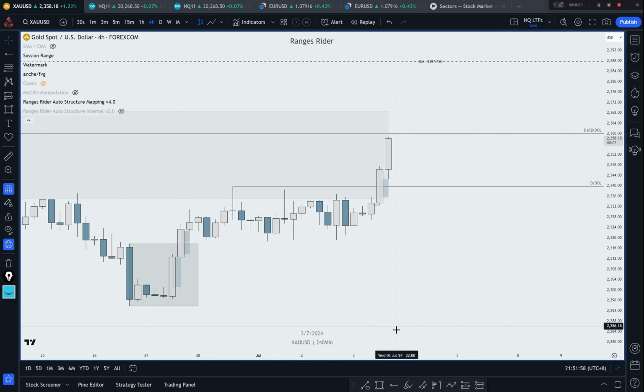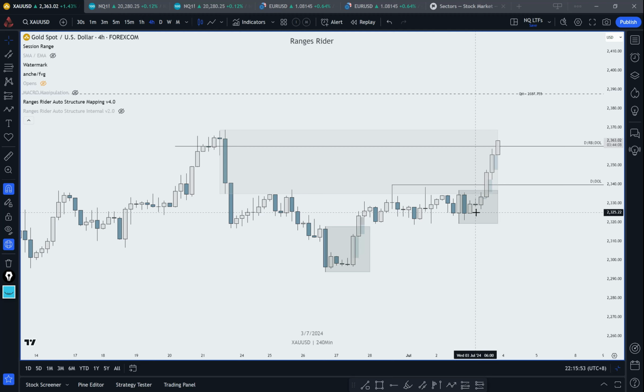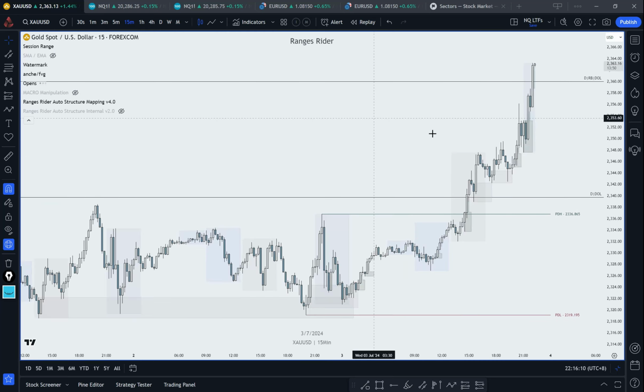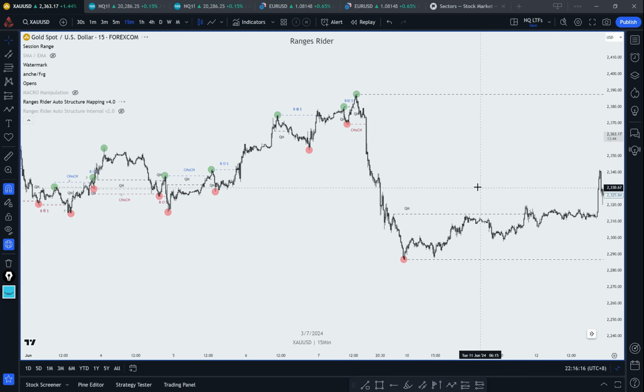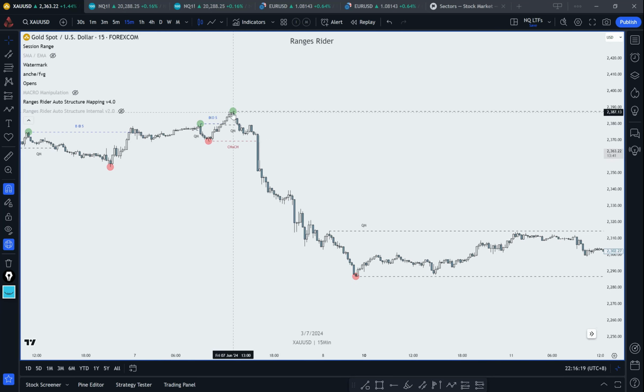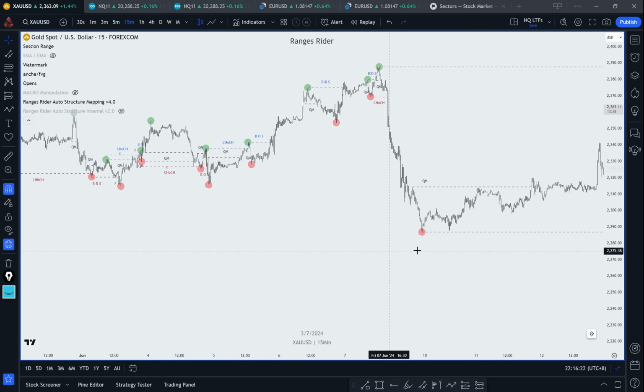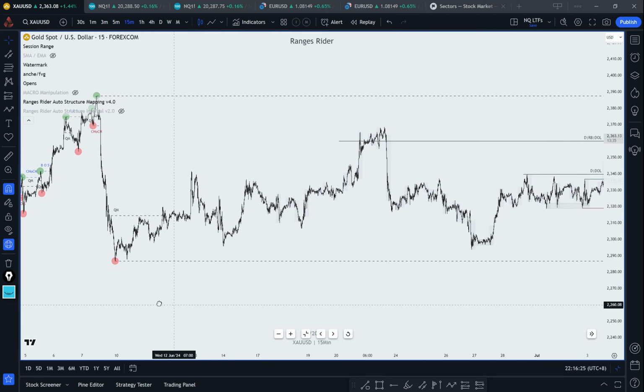And where the day started, basically, the day started here from this candle, right? And I don't see any kind of ranges here on this time frame, or even I think on the lower time frame will not have any ranges, because you see the consolidation here. And by the way, we go to the 15-minute time frame to check the ranges. On the 15-minute time frame, we have this range from here to here, and it's very long range,